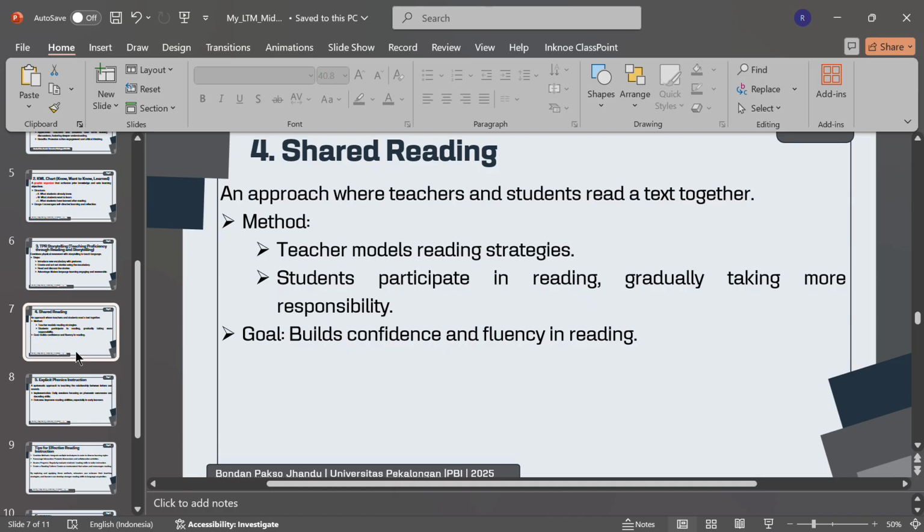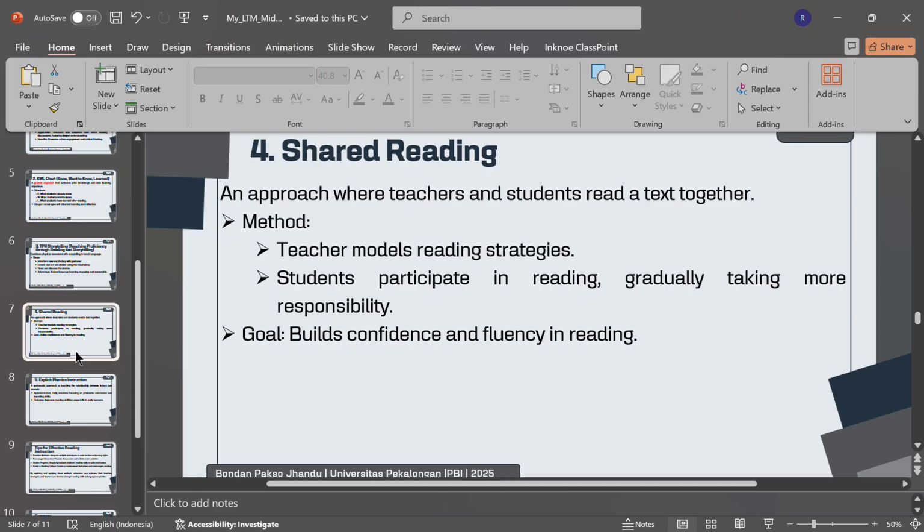So next is shared reading, an approach where teachers and students read a text together. In this method, there are two parts.